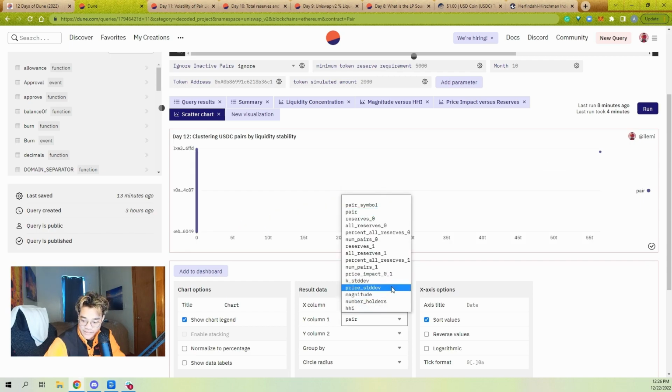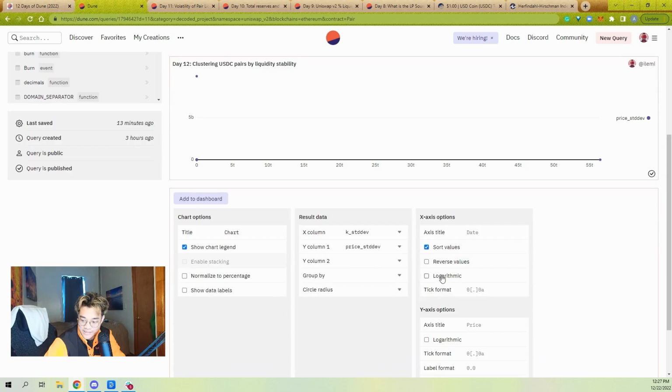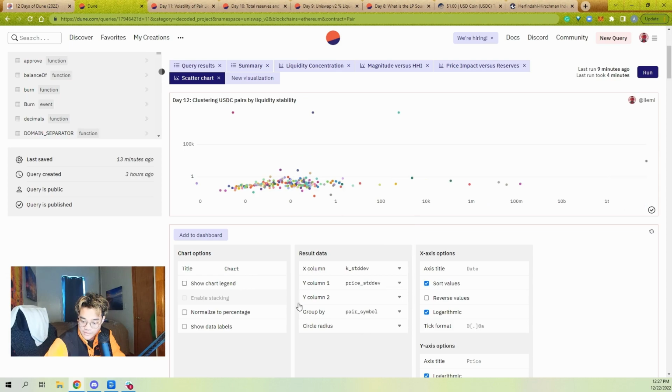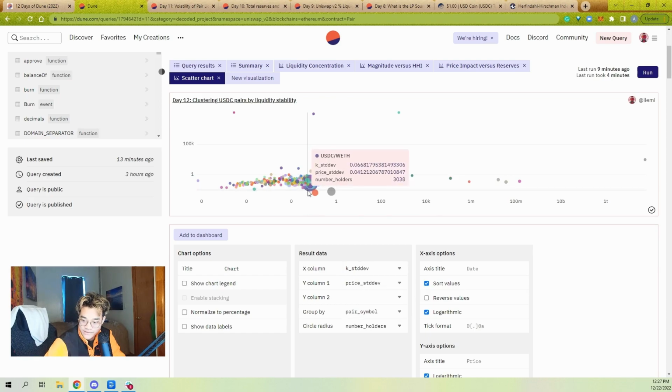So this is something we could have done yesterday, but I'm just going to take an X and Y logarithmic, and then let's make it logarithmic based off of number of, oh, not group by. Group by, we want symbol. But we make it group by number of holders. So we can see there's a lot of concentration in this area where the standard deviations are all around like 4%. Magnitude is all around 1, basically. Like this whole area is basically 1 to 1. And then you have a few outliers, right? There aren't that many outliers that are super like